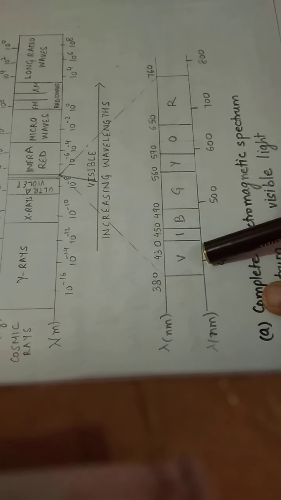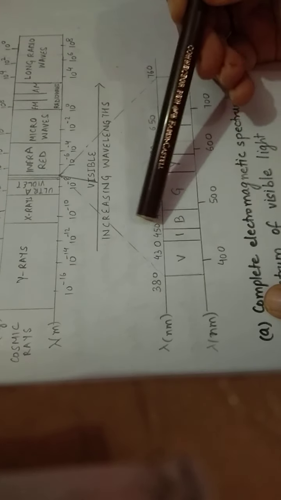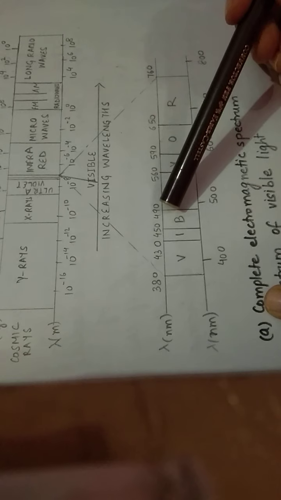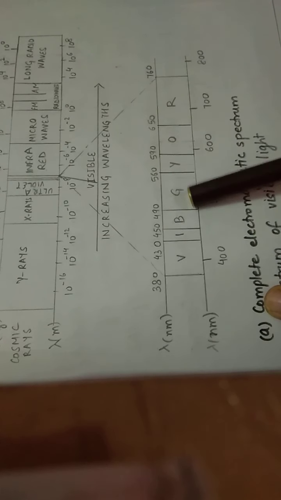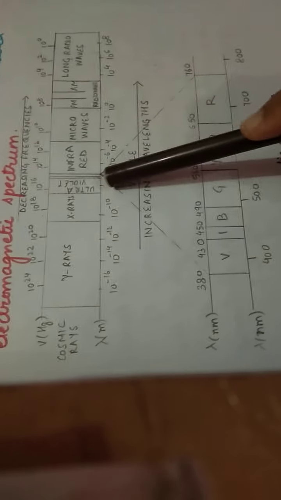So when the wavelength comes in this region, then the substance or the radiation will be violet in color. If the wavelength is of this order, then it will be indigo. If the wavelength is of this order, then it will be blue. It will be green if it is of this order. It will be yellow if of this order. So children, here according to the wavelengths, different colors have been mentioned which you can see in the visible region.